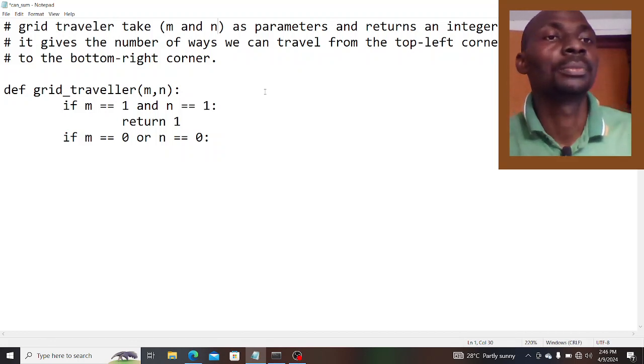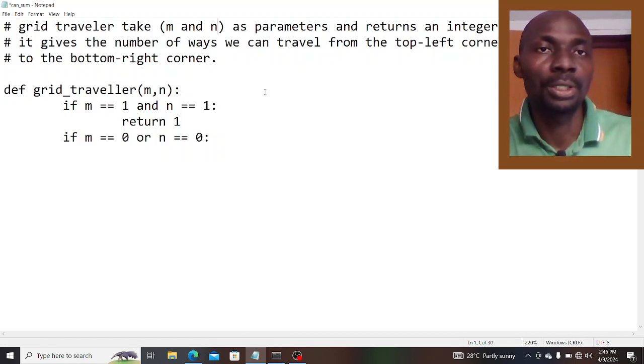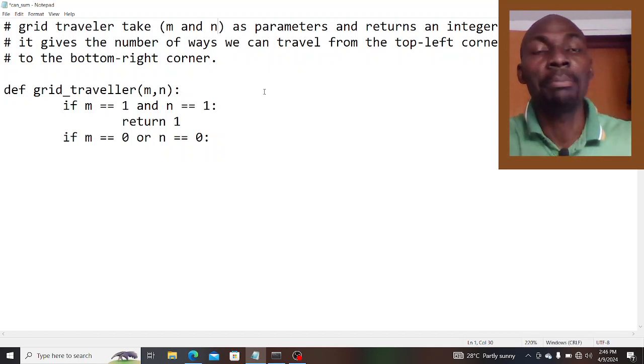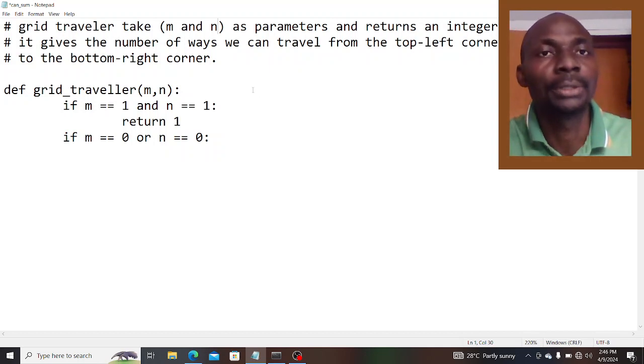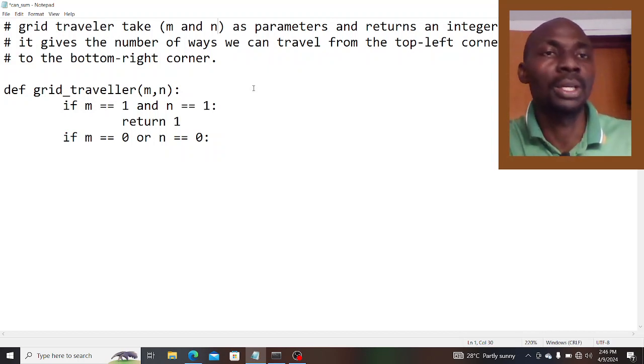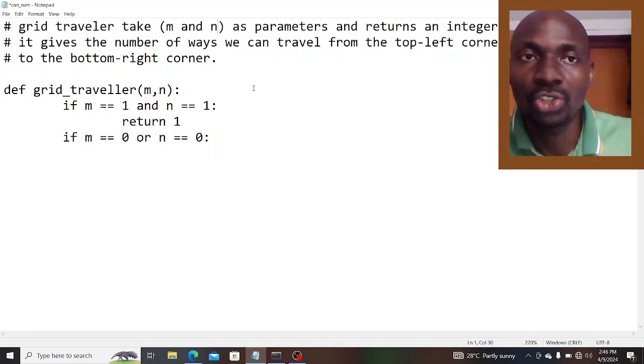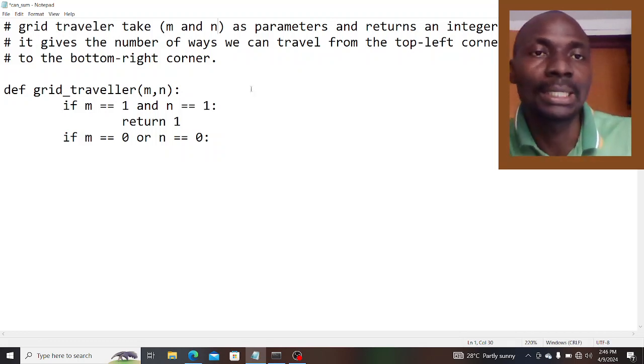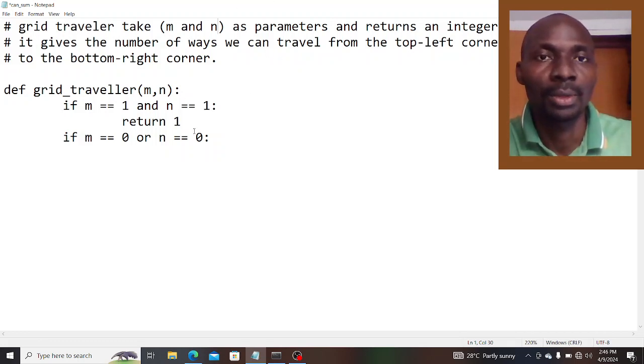Alright, today we have an n by n grid, and our target is to find out how many ways we can travel on this grid. Okay,